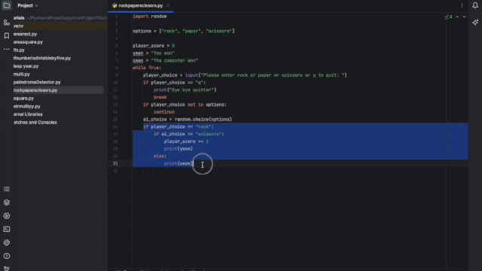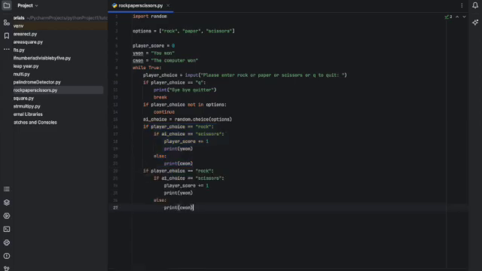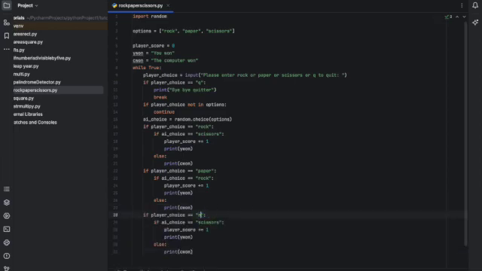We can actually copy these lines of code and paste it there. So if the player choice is paper and the AI choice is rock, and then we can paste that thing and copy it again. Scissors. And if the AI choice is equal to paper,